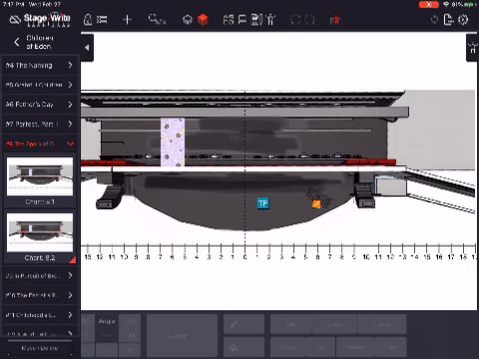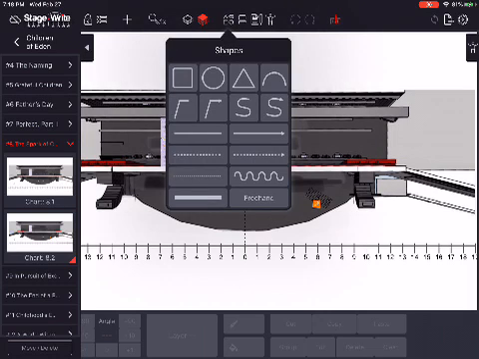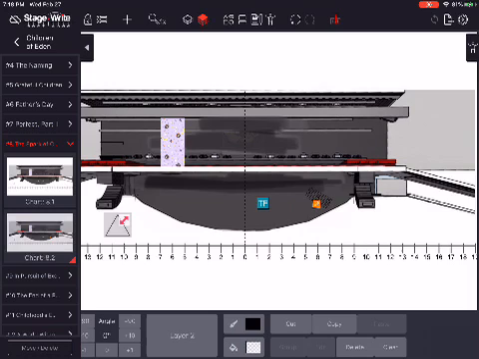So that's charts. I mean, you can add all sorts of shapes and things. Change their fill and change their color and all that stuff. Yeah,